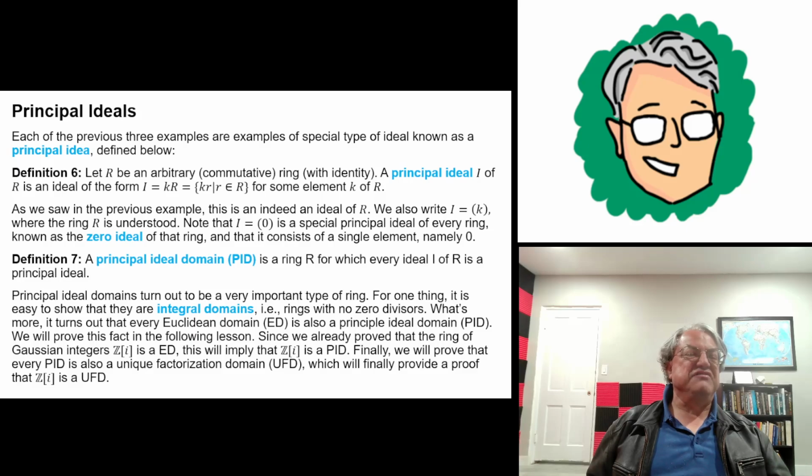As a matter of fact, it's pretty easy to find some, like the ring of integers modulo n, where n is any positive integer, like the ring of integers modulo 6, for instance. 2 times 3 is 0 modulo 6. So 2 and 3 are zero divisors in that ring. So there are interesting rings that are not integral domains, but most rings we study in algebraic number theory do turn out to be integral domains.